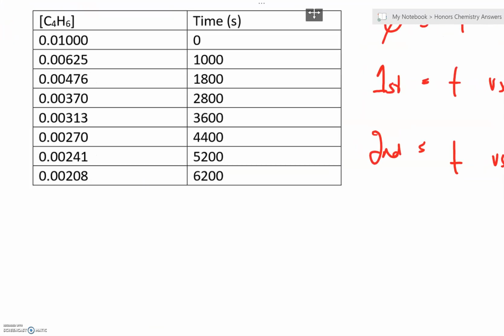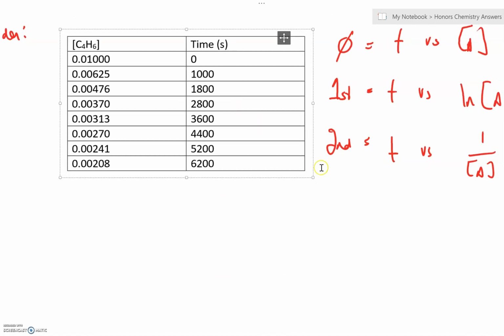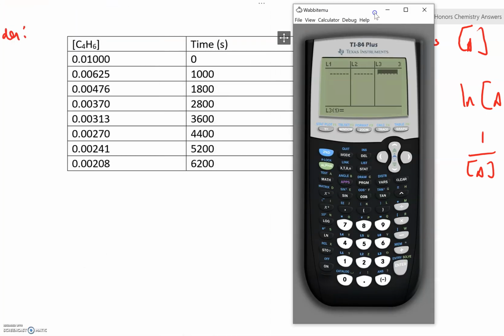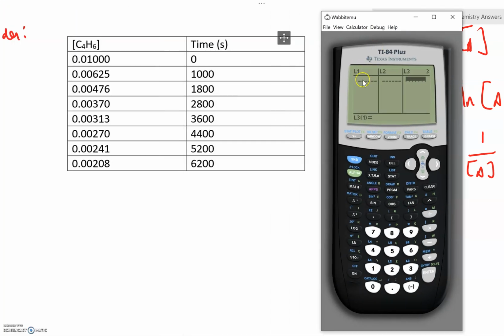What we're going to do is take these data, I'll zoom in a little bit, and plug these into our calculator and run a couple of tests to see which order this is. So let's bust out our calculator. Now what we want is to put time in L1. Notice that here in L1 we've got